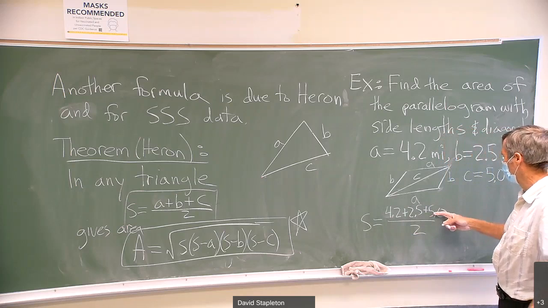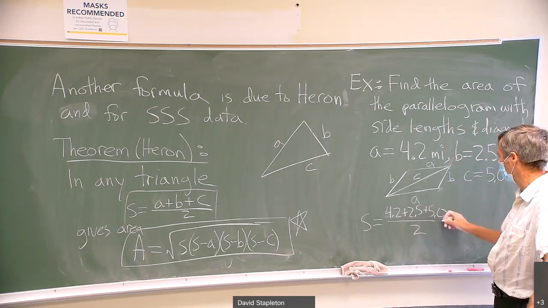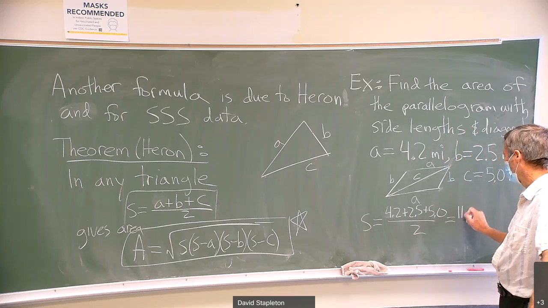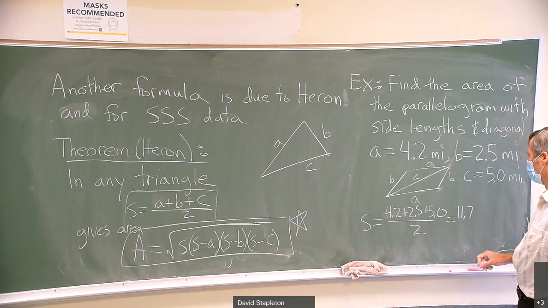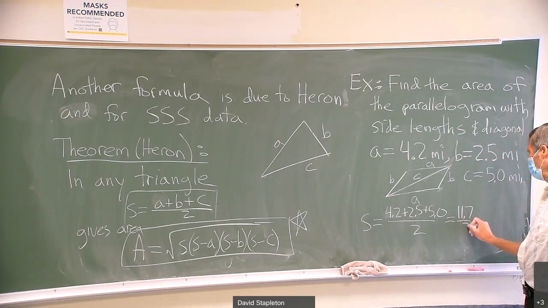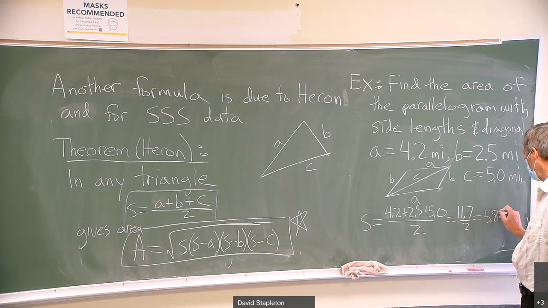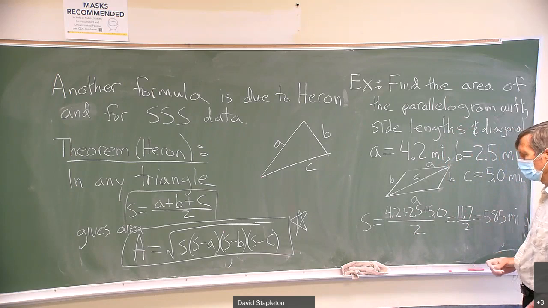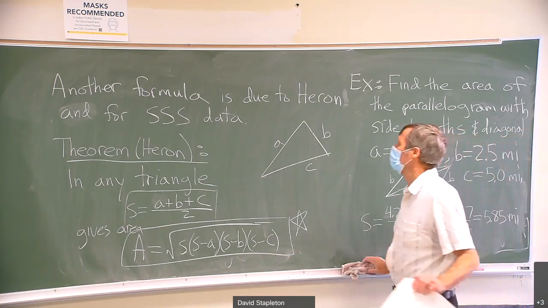Let's see, we've got 9.2, 11.2, 11.7 over 2 is 5.85 miles. All right. So I've got S, and now